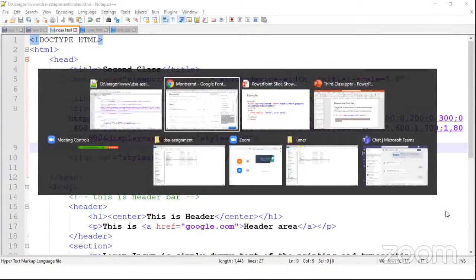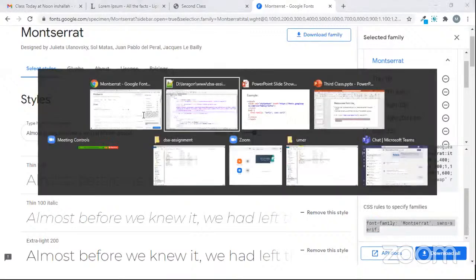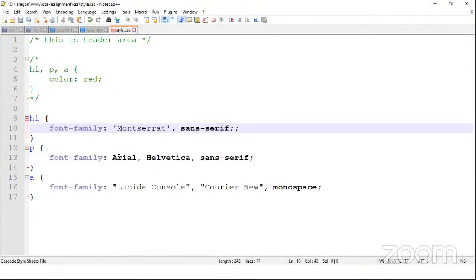And then how we can call it. This is the simple rule to define the property, in this way: font-family, Montserrat, sans-serif. This is the simple example. If I want to change the heading font style, I just replace it over here with font-family Montserrat. Everything else will remain the same. So I just simply save this,